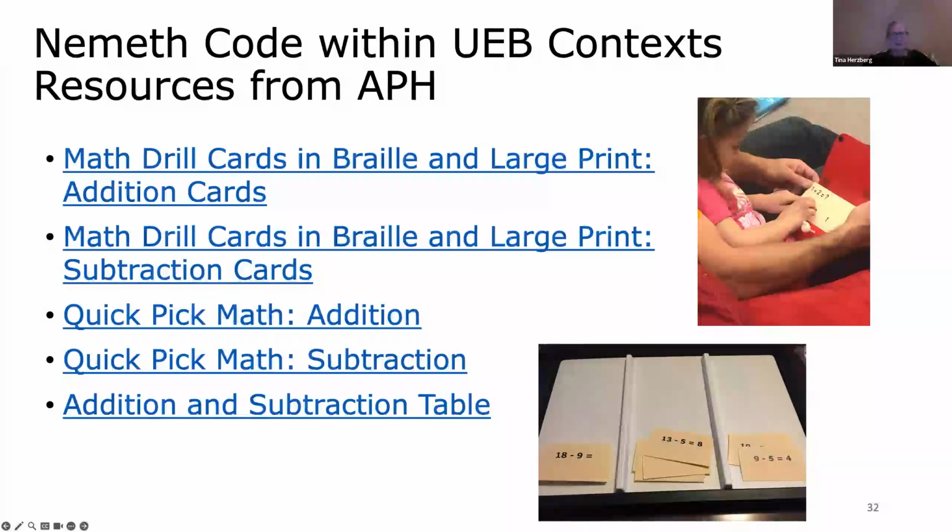I was just over at our School for the Blind today, and I saw this, and I was like, yes, I just love it. Addition and subtraction table, you know, once again, what a blessing, because this is another one where sometimes students are really struggling to learn their facts. This can be the difference really for them being able to do the math, by having the addition and subtraction table and the multiplication division table. Really easy to teach them to use, and that way they can continue in their math learning. So fantastic resources if you haven't checked them out.